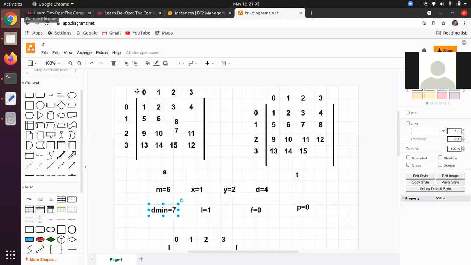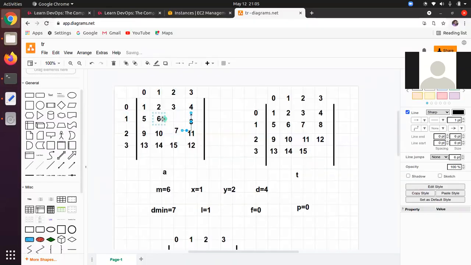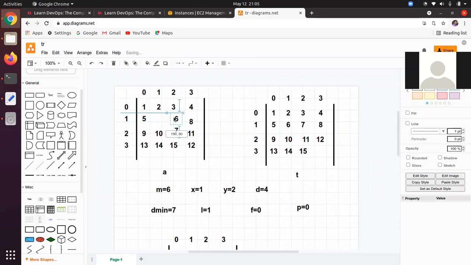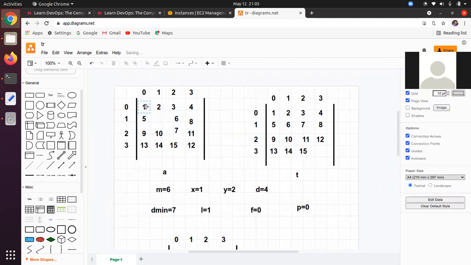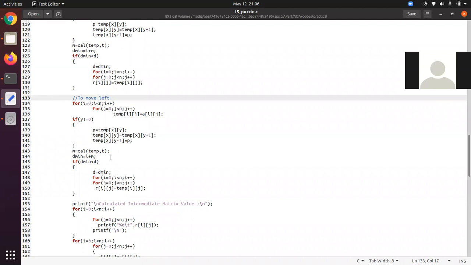Try to understand this one. So we will arrange this in the original format. So 8 will be here. Now, what is the next operation? Moving to the left hand side. So this blank space will move to the left hand side, which means we'll bring this 6 over here, right? So what is the difference now? 1, 2, 3, 4, 5 is similar. 1, 2, 3, 4, 5, and 6. So the value of m is 6 here. Again, by moving it to the left, m is equal to 6.